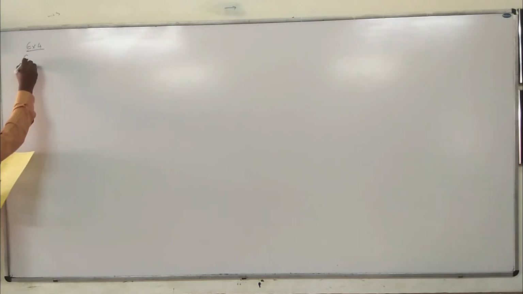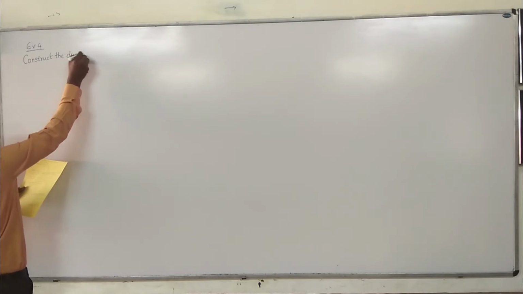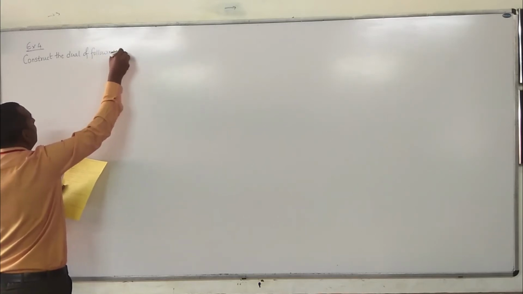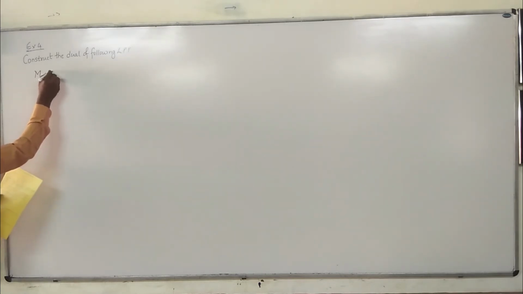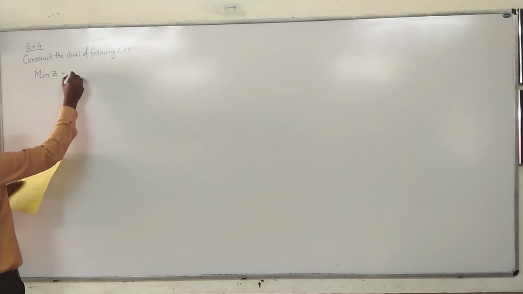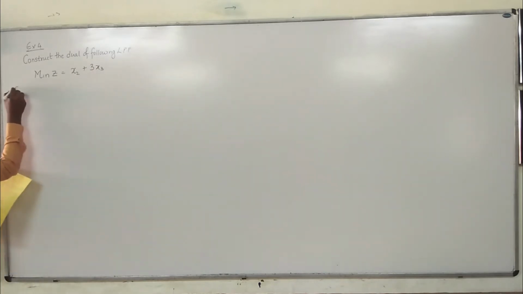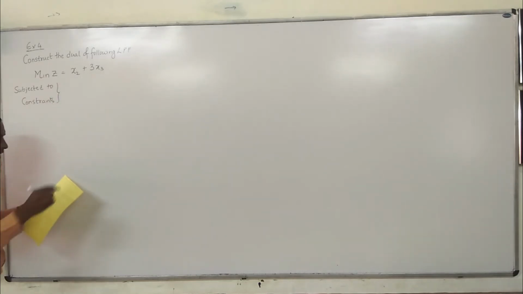Construct the dual of the following LPP, that is min z is equal to x2 plus 3x3 subjected to constraints